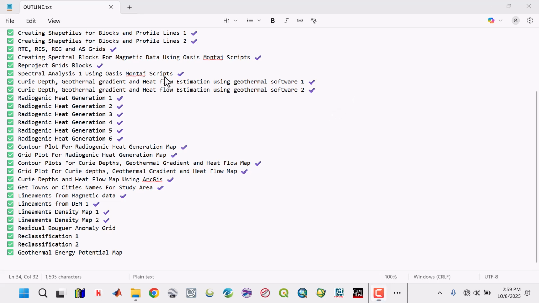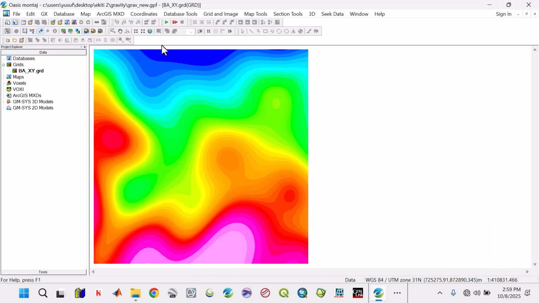Hello everyone, in this video we are going to see how we can come up with a residual Bouguer anomaly grid, and also how to plot the map. Before we move further, let's open the Oasis Montaj new project we created the other time. This was where we left. So all you need to do